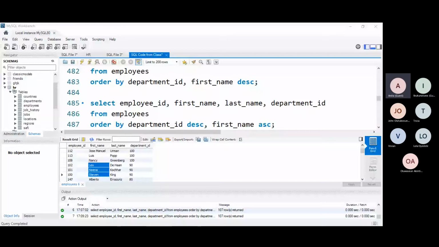Excuse me, sir. I can hear you, ma. It's not clear. You know, the department ID I understand it, but this first name and last name,